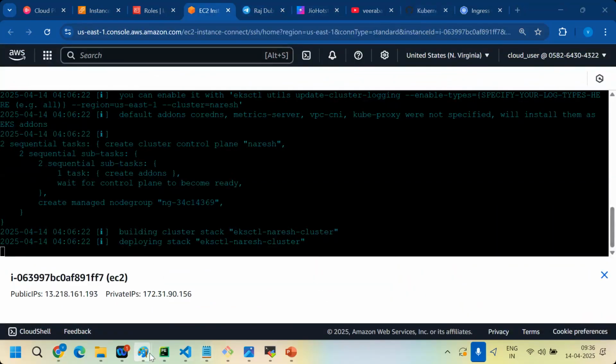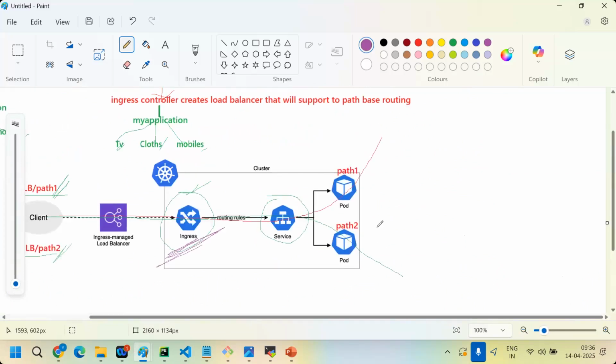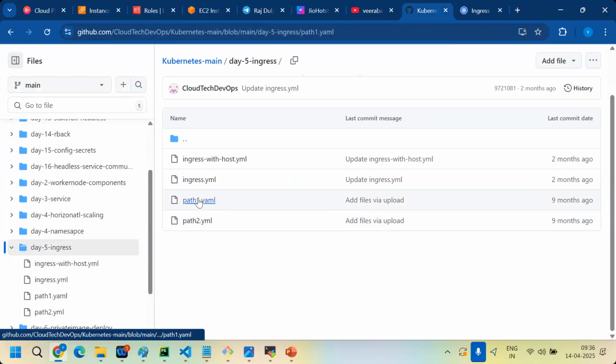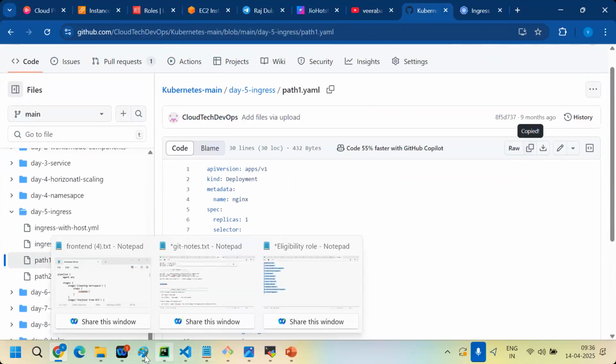Okay, so let's understand the ingress controller concepts again now. Let me show you the YAML files here. First we can focus on ingress inside path1.yaml. Copy here.